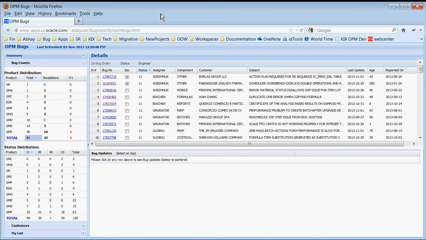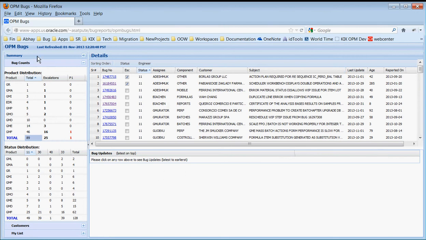This is working off of XML data that is generated by a program, and the program runs on an hourly frequency. So the last time this was refreshed was about 15 minutes ago. The page is made up of about three regions. The left hand side is the region where you essentially see some nice little summarized numbers, etc. And on the right hand side are varying degrees of details, two panels.